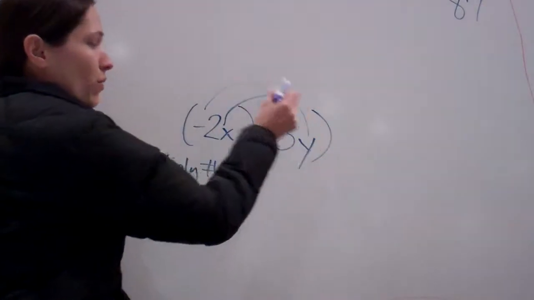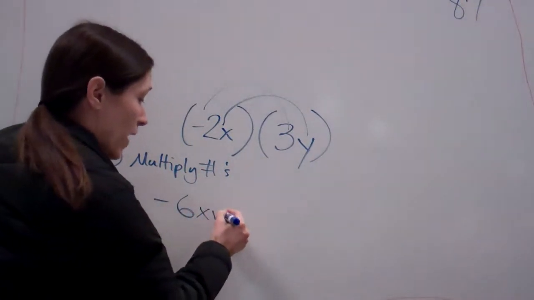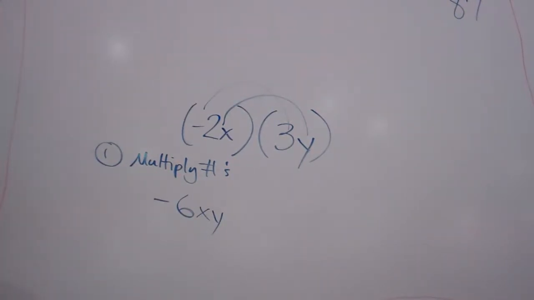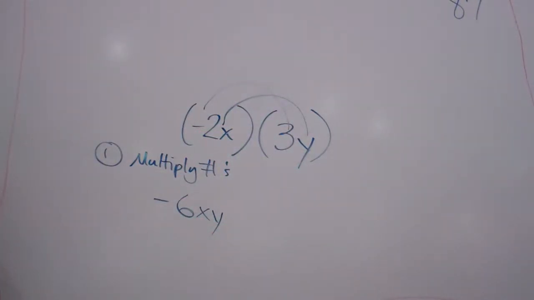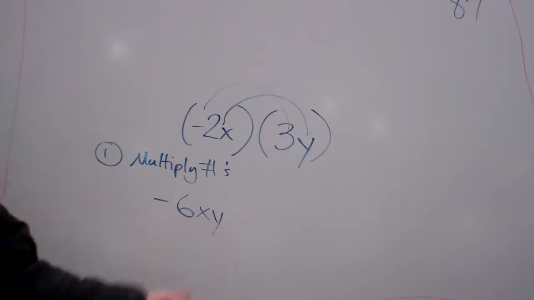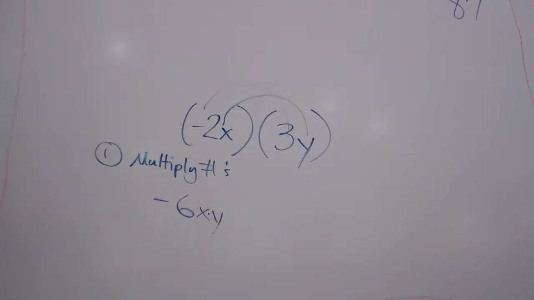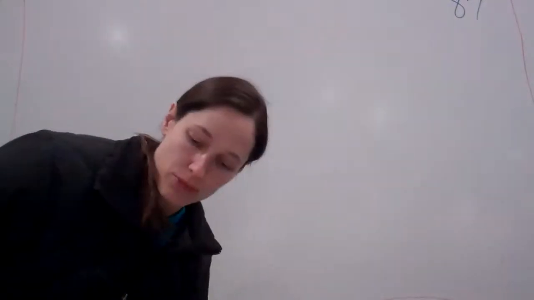Now, can x and y multiply each other and do anything to it? No. Okay, so it's just basically x times y. Tiger times an elephant. That's only used for when you're adding. Did you hear me? Only use that when you're adding. This is when we're multiplying, so x times y is just x times y. You just leave it like that. And since those are next to each other, that's basically what that means, is x times y. If you want to, you can actually put a times in there. That's not how the book's answer is going to be. But that's all you can do with that one. So this would be the answer. All right? So step number 1 is to multiply the numbers,